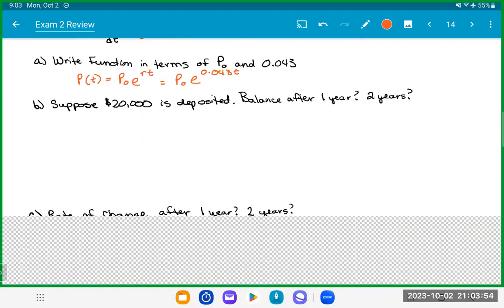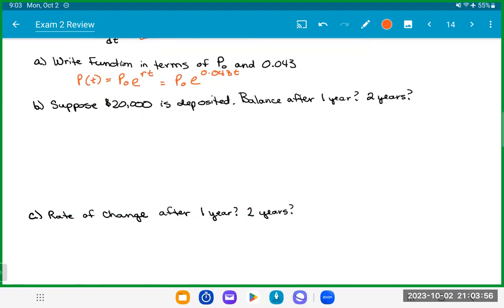So suppose we deposit $20,000. What is our balance after 1 year? What is our balance after 2 years? So it's telling us to suppose we deposit $20,000. So that is my P naught now, my initial value. So after 1 year, that's going to be $20,000 times e raised to the 0.043 times 1, because it's after 1 year. And so I will have approximately